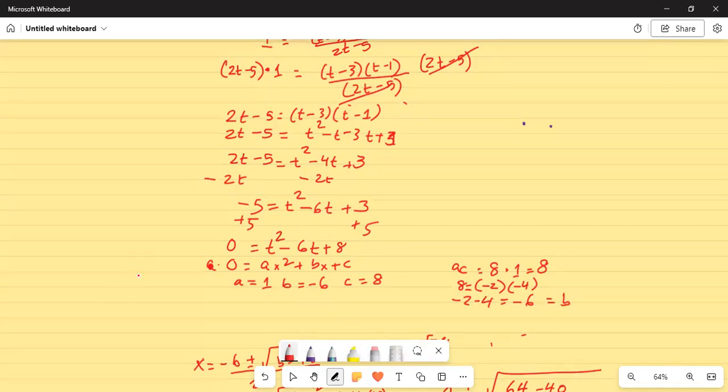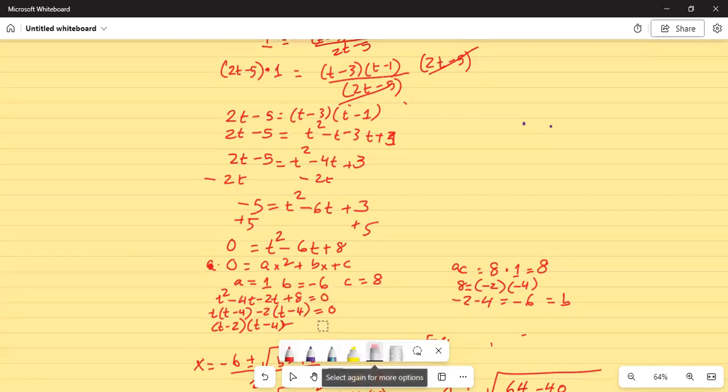So we can write t square minus 4t minus 2t plus 8 equal to 0. From the first two, take out t, minus 4 times minus 2t minus 4 equal to 0. Okay, so we have t minus 2 times t minus 4 equal to this,